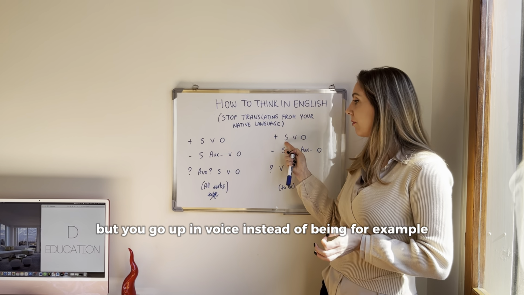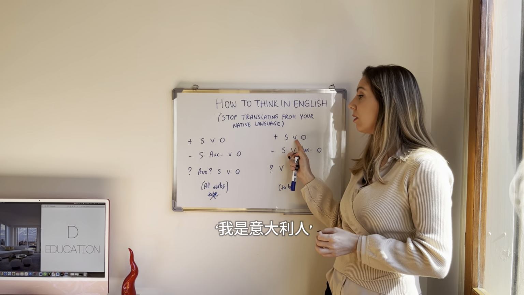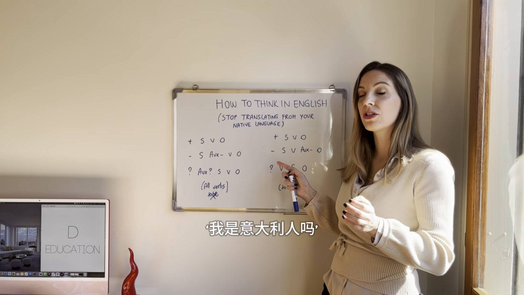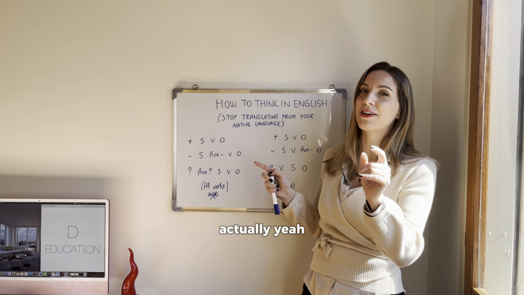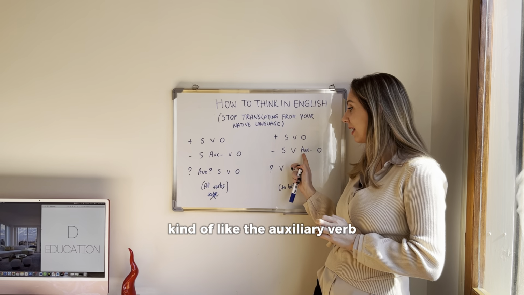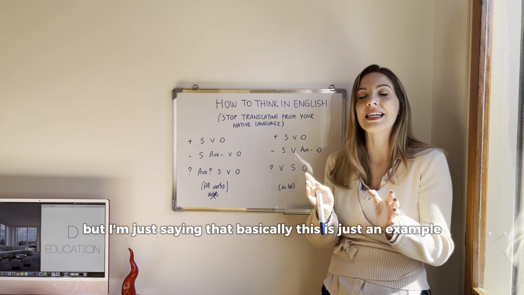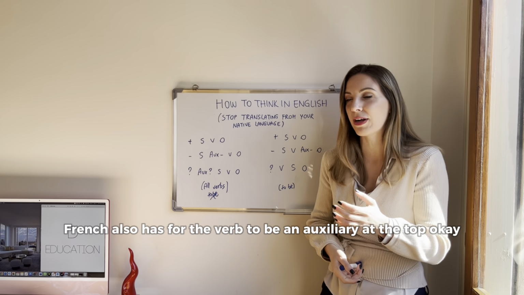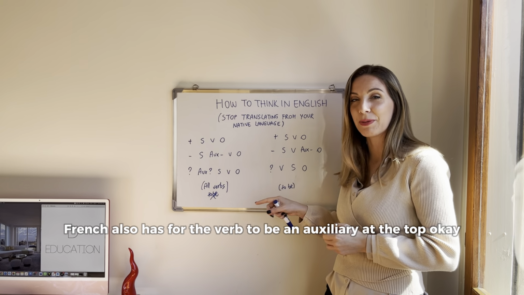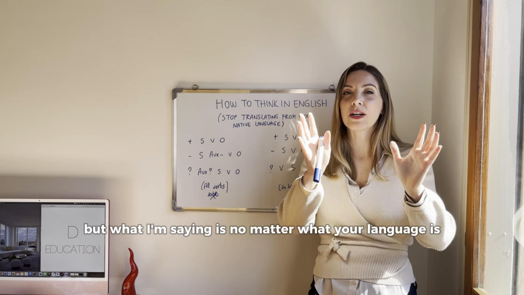Instead of being, for example, the affirmative sentence, I am Italian, in Chinese would be 我是意大利人. And the question would be the same. 我是意大利人吗? Actually, yeah, you have to add a little particle that is used to make sentences questions, kind of like the auxiliary verb. But I'm just saying that basically this is just an example, or if I'm thinking French, French also has for the verb to be an auxiliary at the top. Okay, maybe I'm digressing. I'm talking about multiple languages, but what I'm saying is, no matter what your language is,